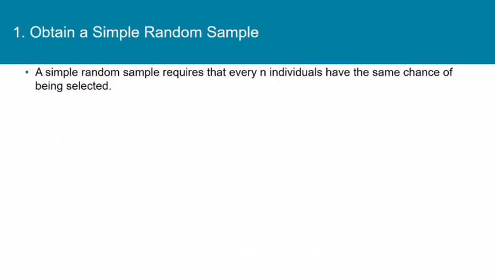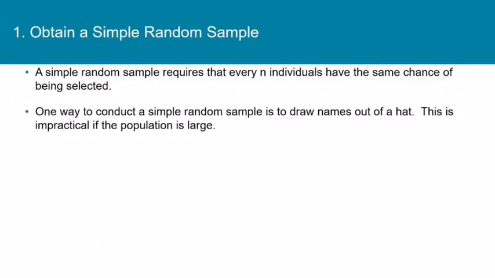So we're working our way toward an example where we can collect our own simple random sample. Let's just recap a few things and maybe pick up another word or two. A simple random sample requires that every group of n individuals has the same chance of being selected. One way to conduct a simple random sample, like we said before, is to draw names out of a hat. That's impractical, though, if the population is large. Just think about what if you had to get a simple random sample on a population of 5,000 people